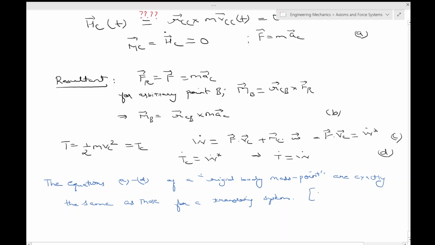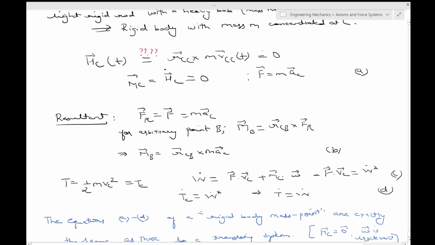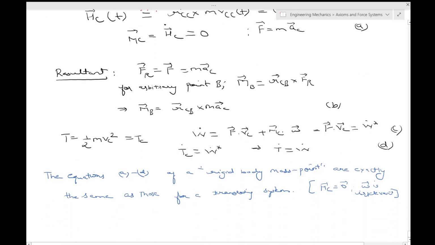The reason clearly is that Hc is equal to 0 for a translating system. So omega is irrelevant. In both cases Hc is equal to 0. I think you should have a vector sign over here. Okay, so that's where we can end our discussion on the